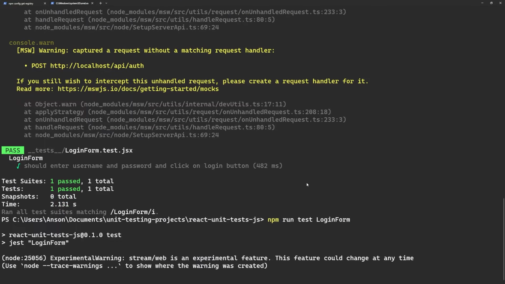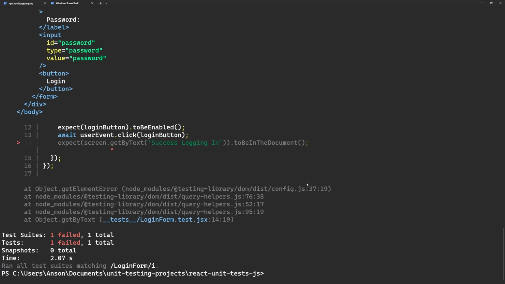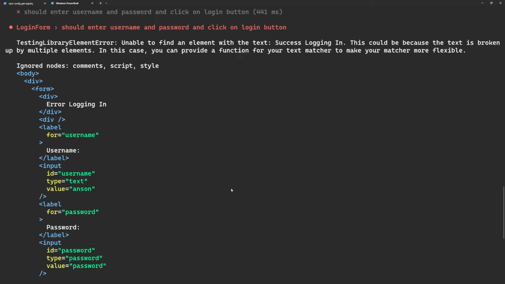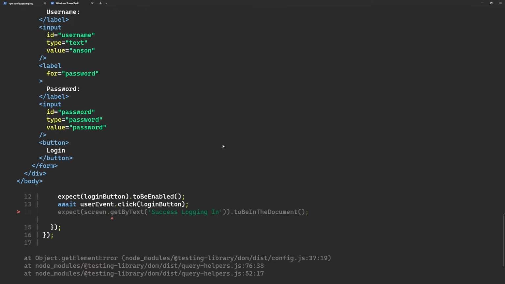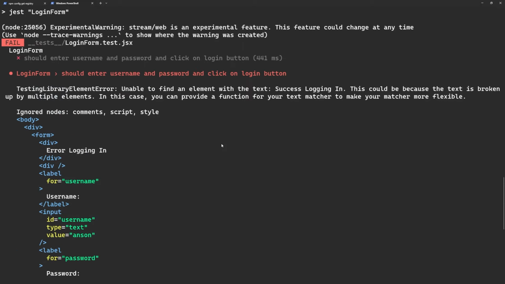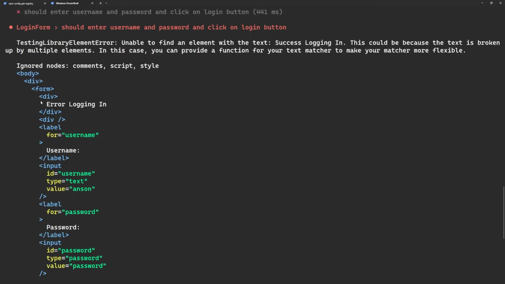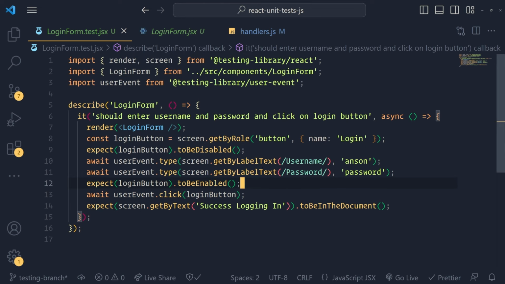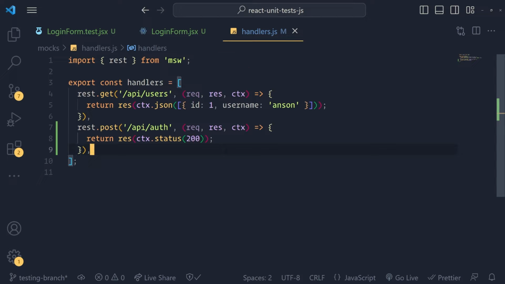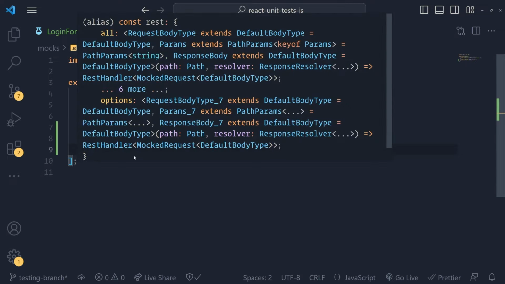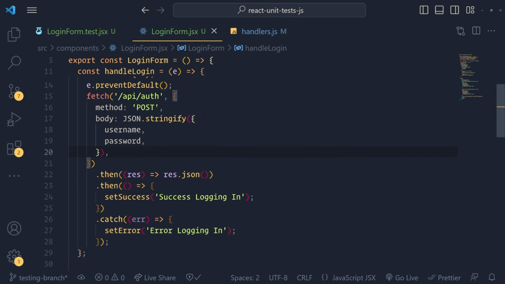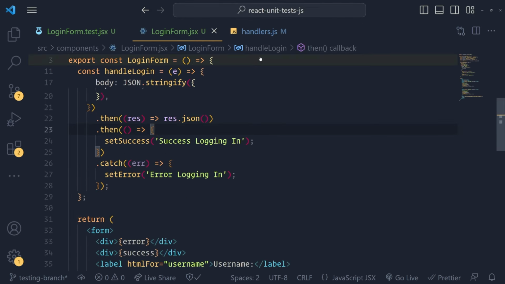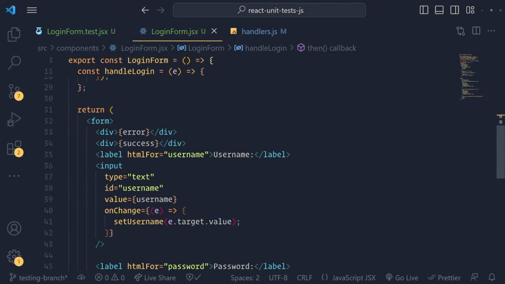And let's see what happens when we do this. Okay, so notice how it fails, right? Now actually, it's failing for a different reason, because you can see right over here that it says error logging in, but instead it should be success logging in. Though I'm not too sure why that's the case. REST.post API auth. Okay, so I found out why it was throwing that error, or why it was rendering the